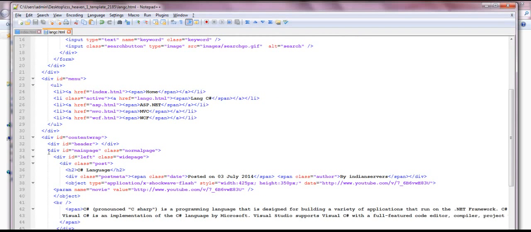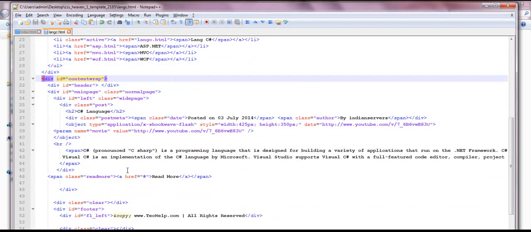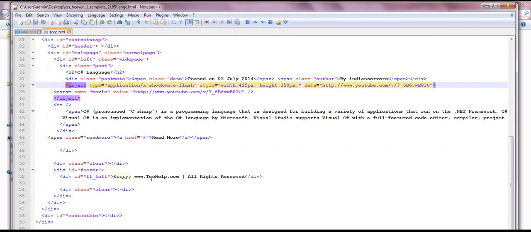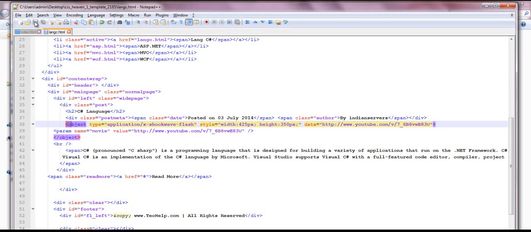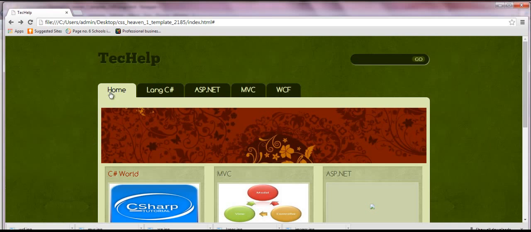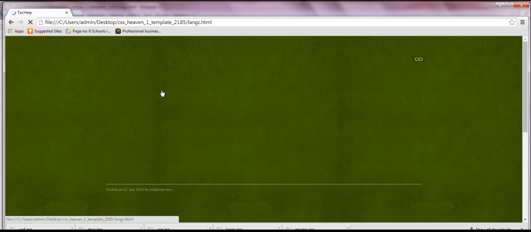In this one everything is the same, and the information is in the content part. I placed the iframe code of a YouTube video, with the object type, style, width and height of the displayed YouTube video. And then I placed a small text about the C language, changed it and saved it, and then opened the browser, went to the language C# page, and checked it.